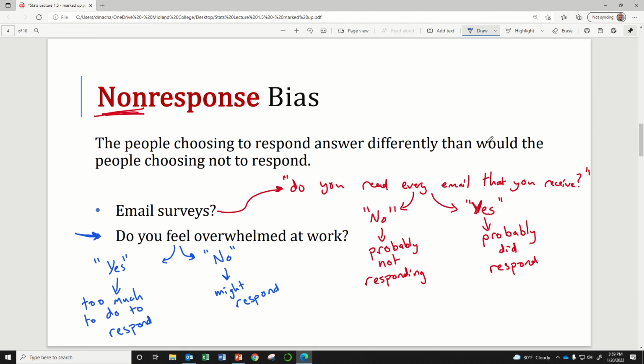And the best way to eliminate non-response bias would be to make sure that anyone you randomly sample and anyone you send the survey to actually does respond. So, for example, you could follow up with all of the employees at the company and make sure that the ones that were randomly sampled actually are responding and not just ignoring your survey. But following up takes work, and so that's not often done in practice.